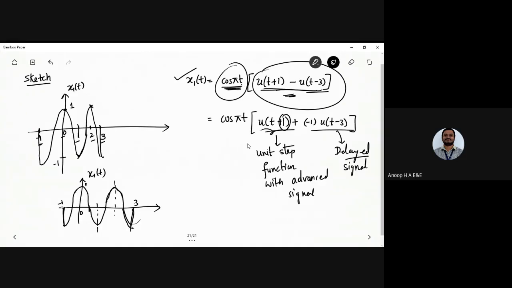Okay, so now again the same thing at minus 1. Okay, so that is x1 of t, that is written like this. Okay, so what I wanted to see here is x1 of t. So that is at 0, you're having 1. I just wanted you to show how I sketched the signal. At 2, you're having again 1 here. Okay, this one was -1. Okay, so now you are going to have the signal being written from -1 to 3. Okay, so that is what I meant. So this is how I write the signal. Okay, that one was for x1 of t.